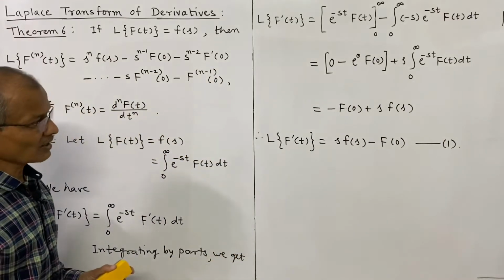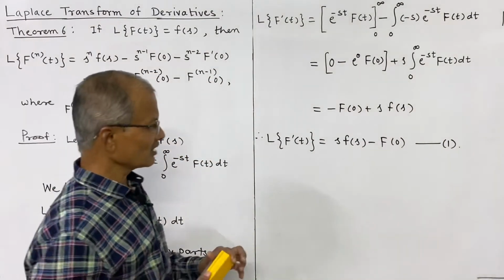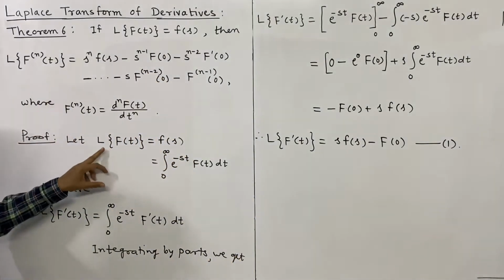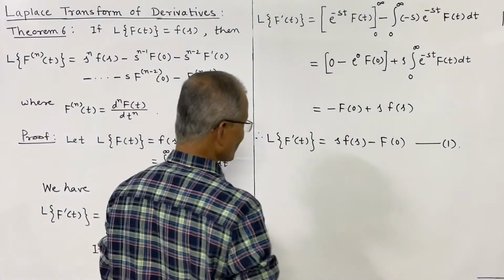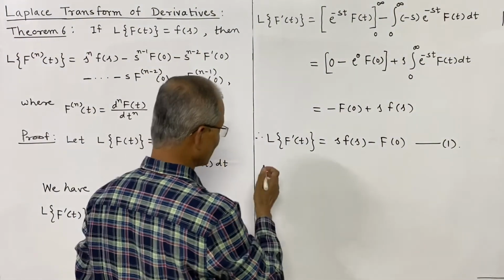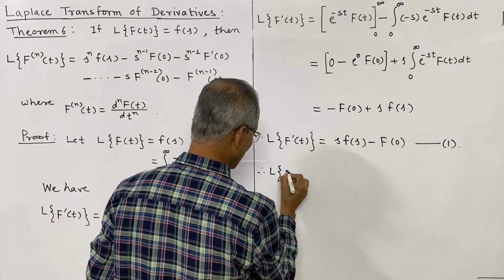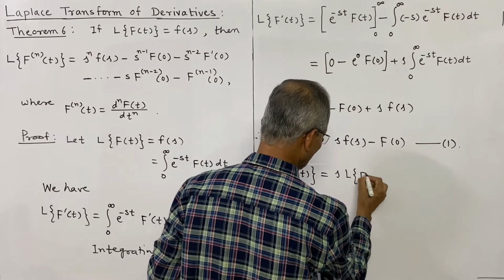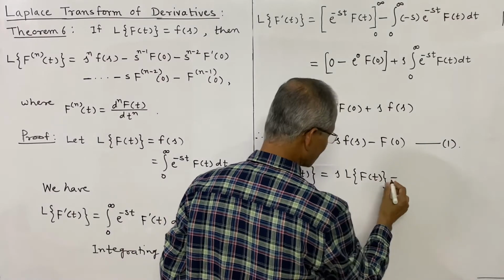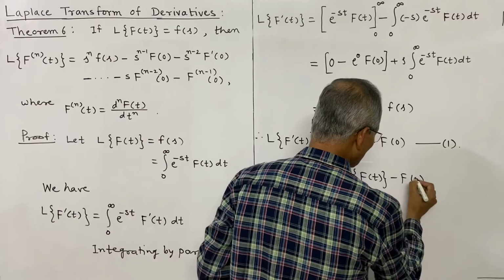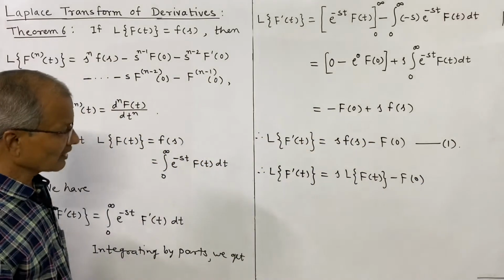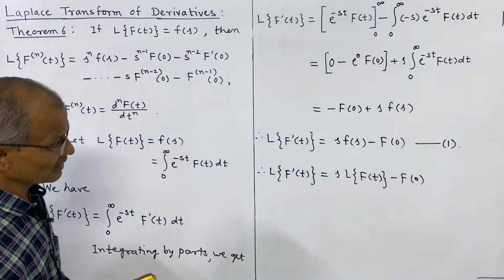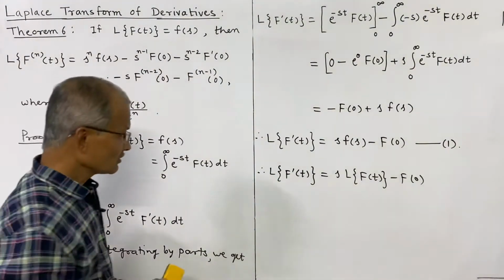So from this we shall write the result, or actually what this means is f of s means L of f of t, so that is to be noted. This can be stated as, therefore L of f dash of t is equal to s L of f of t, capital F of t, minus f of 0. Now from this we can write the same result in terms of another function, that is, in place of f I shall write the result in terms of g. So from this we can write